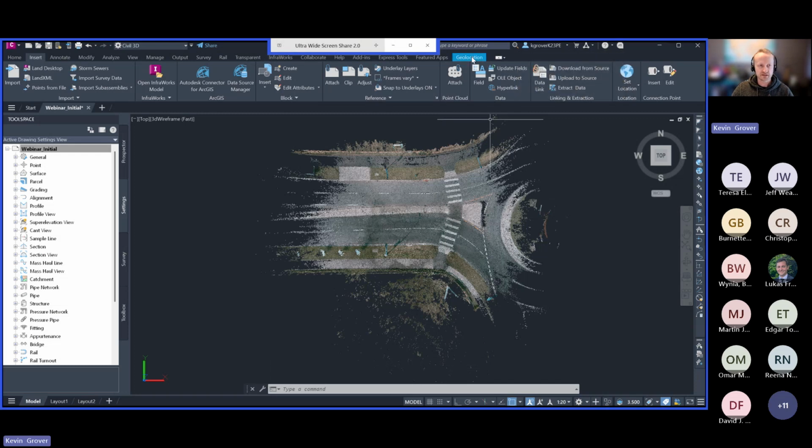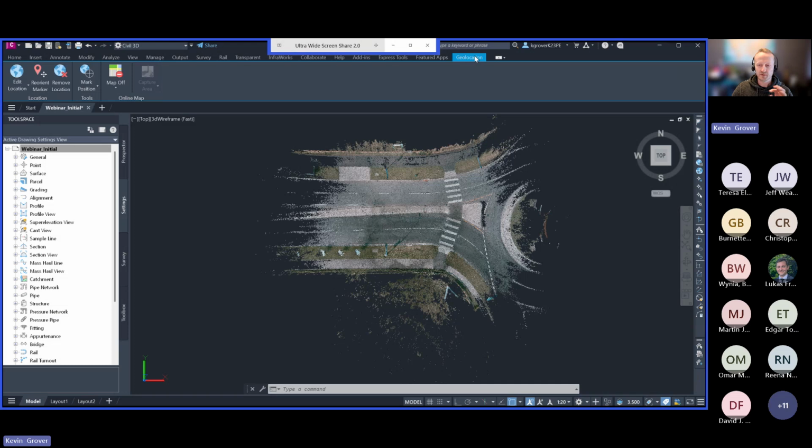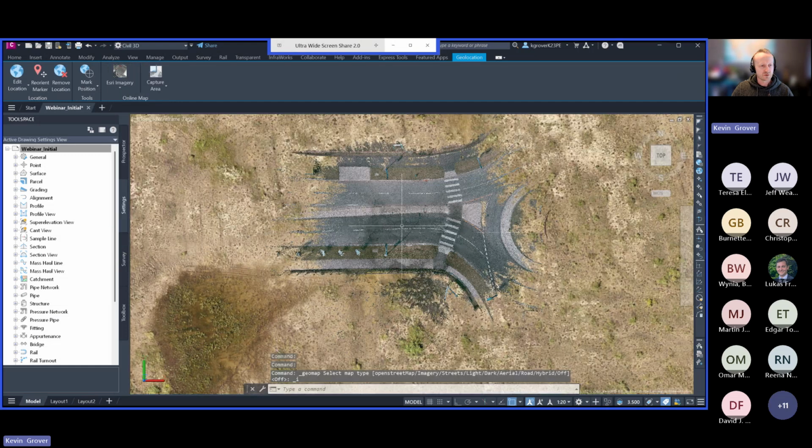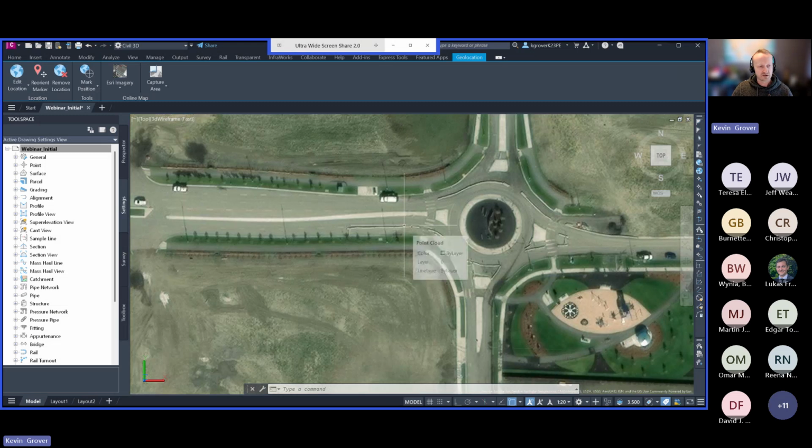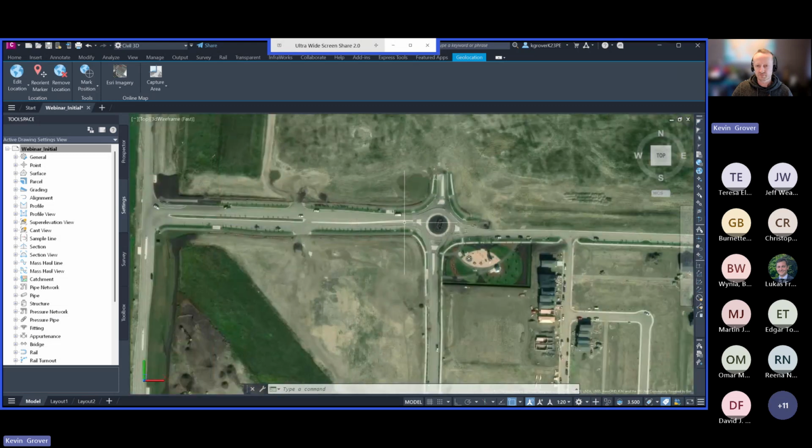One of the nice things is I like going to the geolocation tab. Because we have the coordinate system set, I can now actually turn things on. I'm going to turn on maybe my Esri imagery mapping in the background. What this is going to do is natively import the map data on the back end. You notice it doesn't seem to line up, but this is also one of the challenges with data that's out